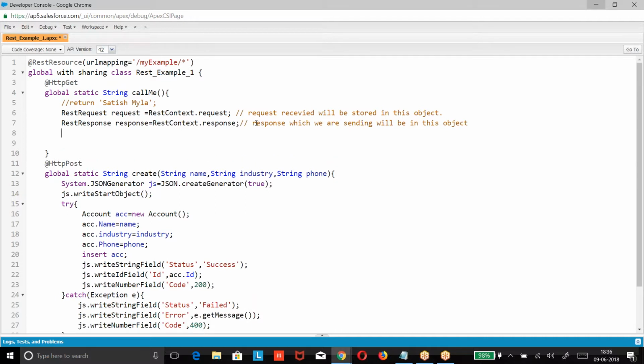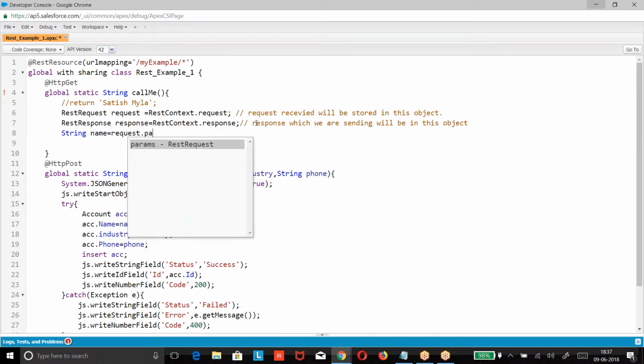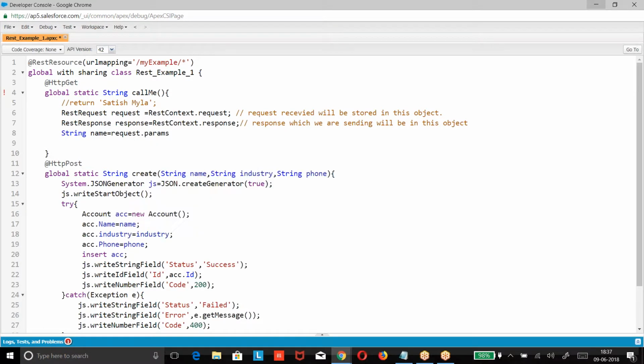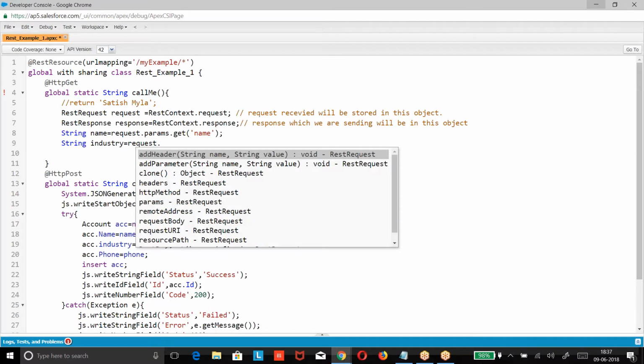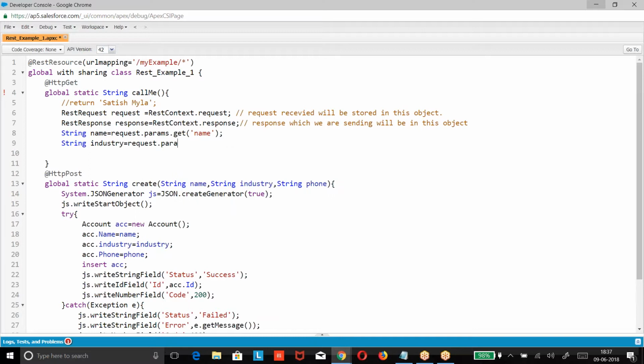Then what I'm going to take, boss? We need to take the value. String name equal to request dot params, which is a map, get of request dot params dot.